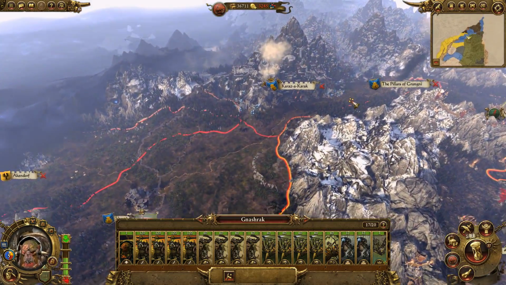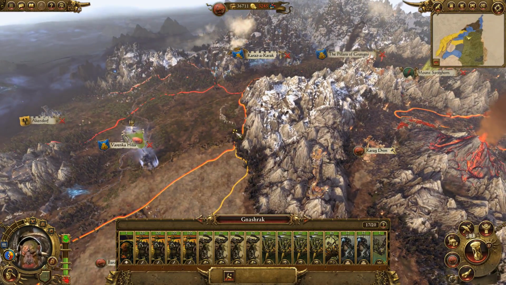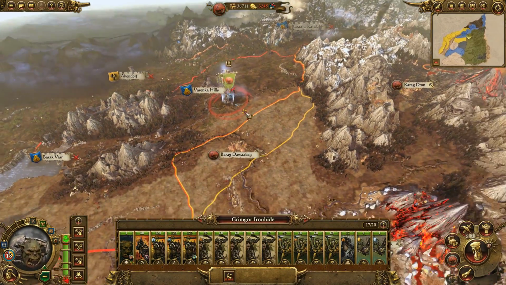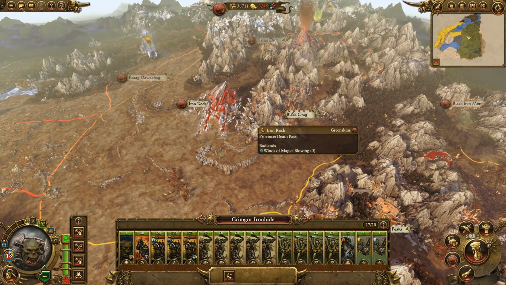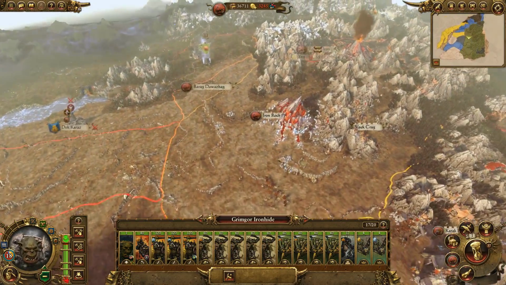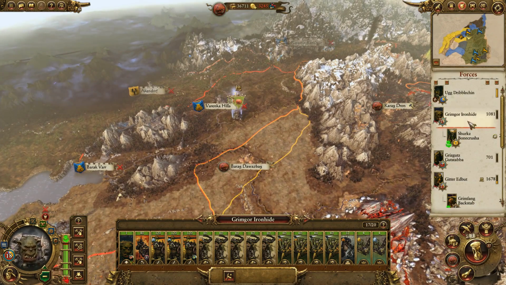Now I think that Karak dwarf thing is around here. So that's why I wanted them both to be together, because if it's a 20 stack of all Longbeards or something, we could be in trouble. Okay, so I think that looks good. Let's look at the rest of the...